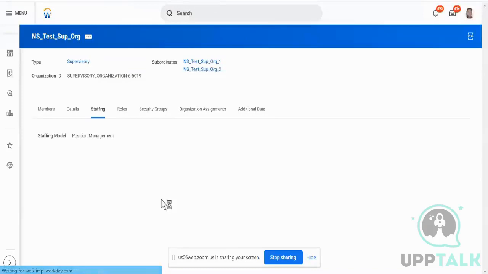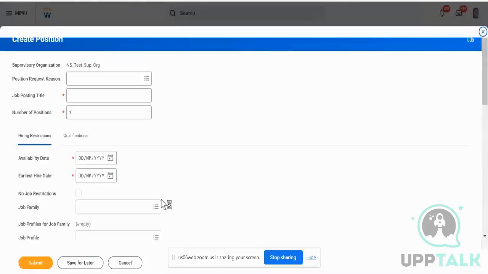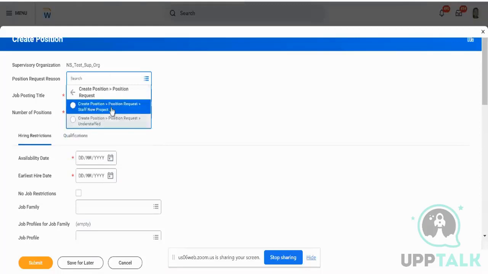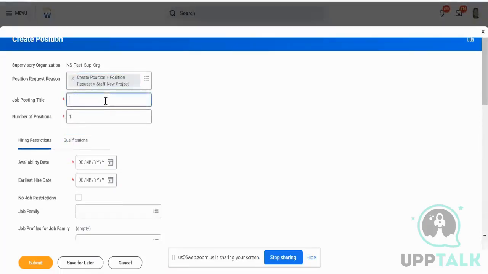Creating a position is simply creating a position where you are going to be hiring, and only those fields marked with an asterisk are mandatory. For position request reason, for now just give it as new. You can choose any of them, there is no hard and fast rule, but I'm just choosing new project. Position title, I'm giving it as test,